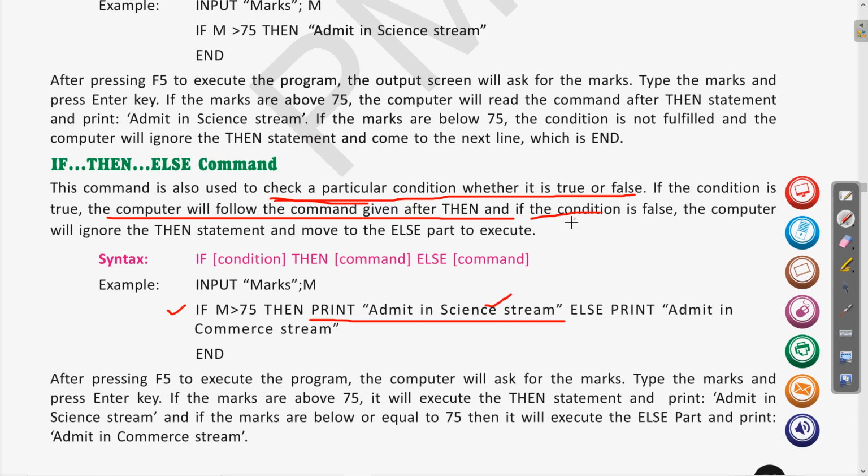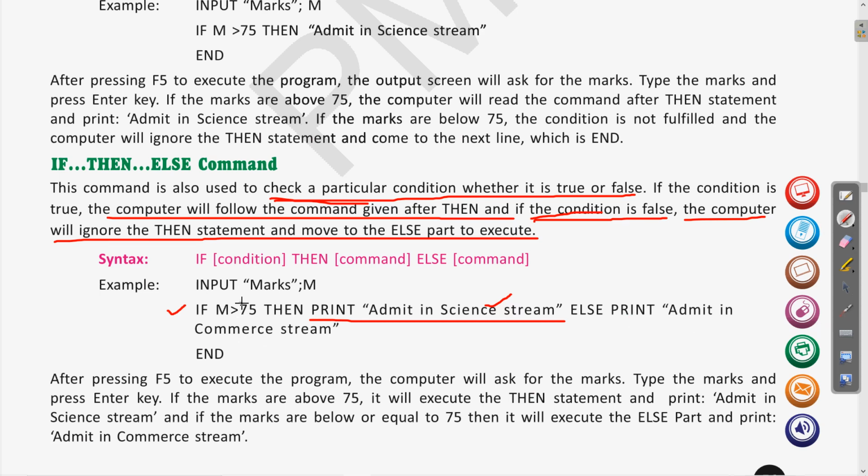And if the condition is false, clear, the computer will ignore the then statement and move to the else part to execute. So in case the value of m which we have given is less than 75, then it will ignore the statement after then, and it will move to the else command, clear.